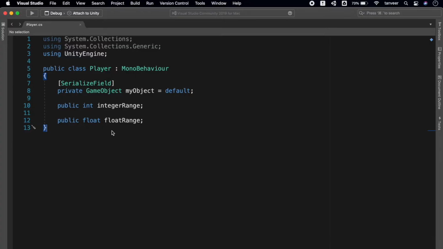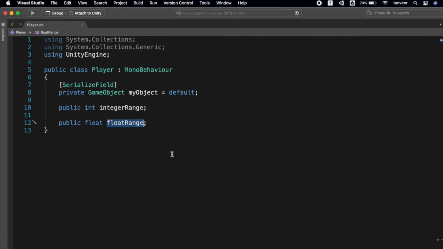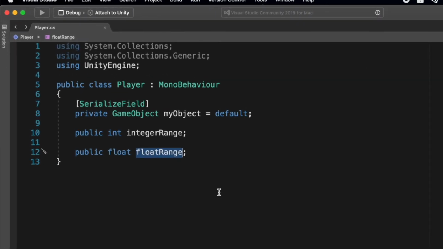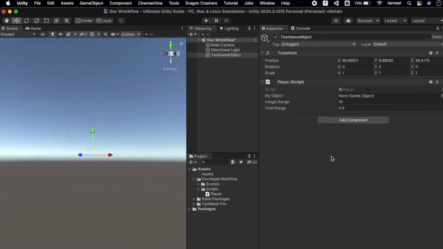Next we have the Range attribute. This attribute takes a float or int variable restricted to a specific range. These fields appear as a slider in the inspector. To show you this, I have written two variables. intRange is an integer type and floatRange is a float type. Switch to Unity to view how they display in the inspector panel.